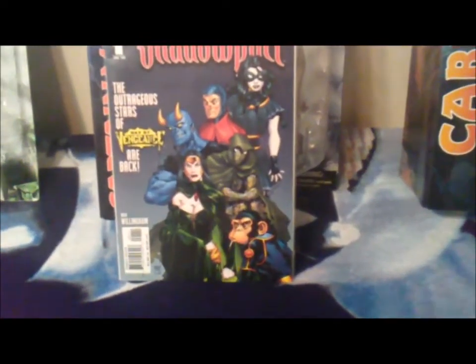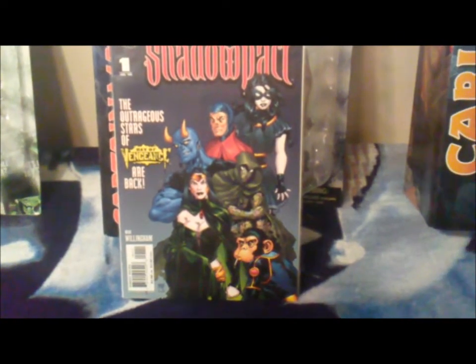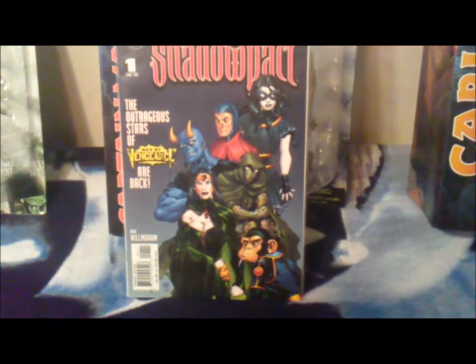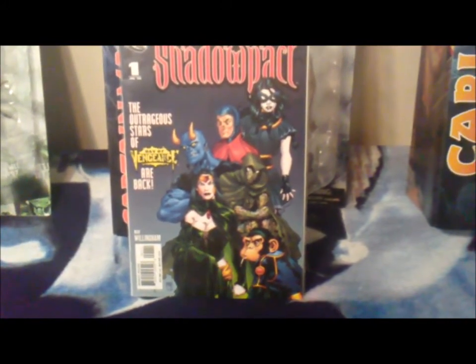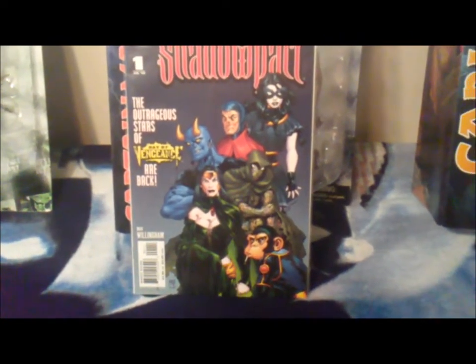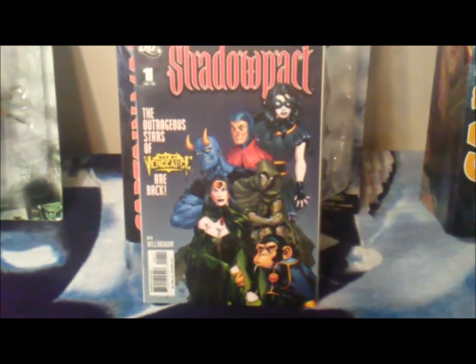So this is one of my guilty pleasures. A lot of people like Teen Titans, but I actually picked up Shadow Pack back in the day just for the hell of it. And I said, let me just see what this is all about. And I ended up liking it so much. So when I got a chance to buy a couple more of these runs for maybe like $1 from